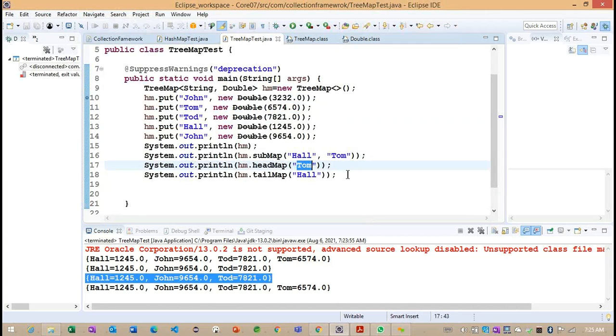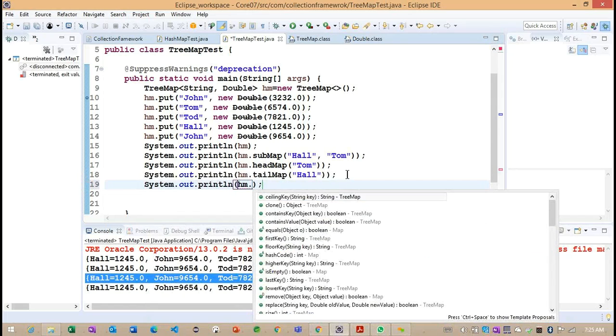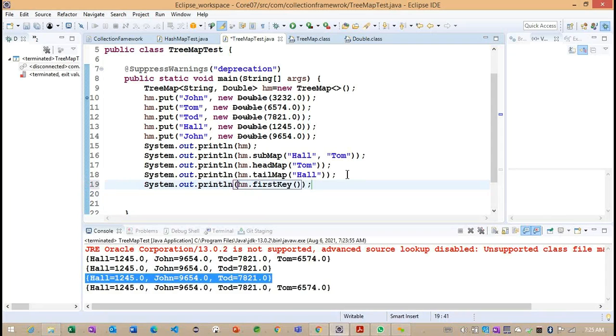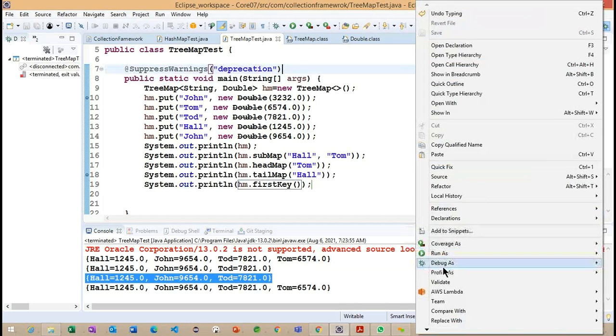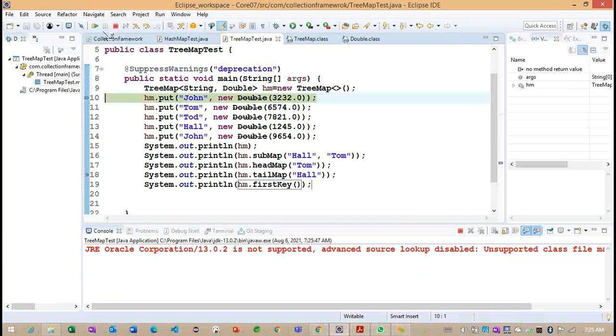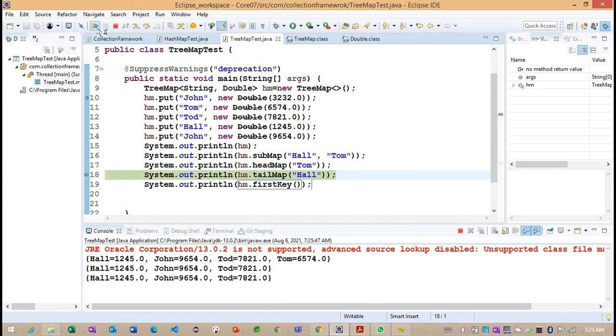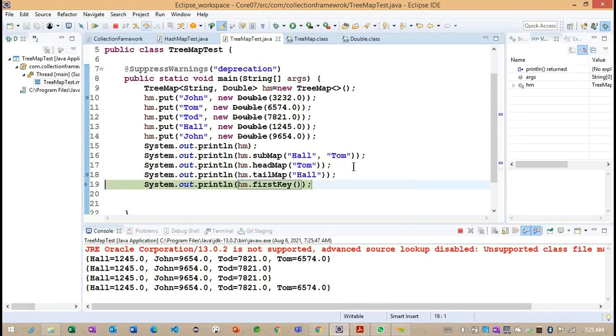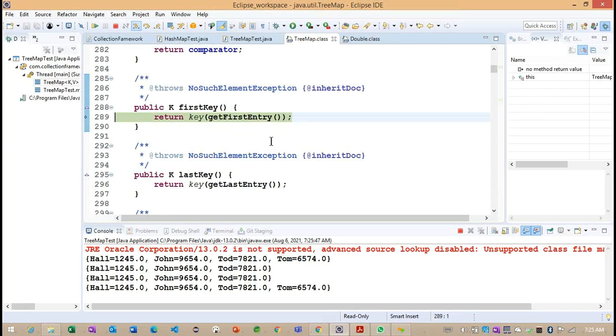How is this particular first key going to be returned? Observe hm.firstKey. We'll see how this particular firstKey is going to work. So this is our firstKey.